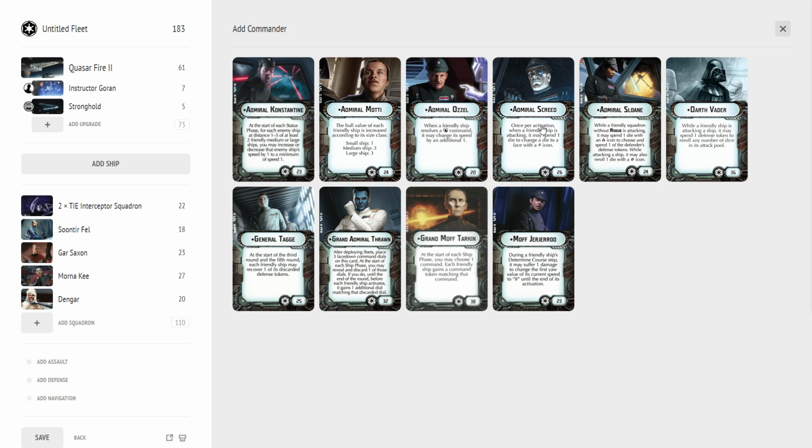Like if you roll your 2 red dice at long range, yeah, maybe they're both blanks, or you get an accuracy and a blank, and you can just force 1 damage out there. But that's really not doing a whole lot for this ship or what this ship is trying to do. Next up on my list is Vader, for very similar reasons to Screed, although Vader is a little higher on the list